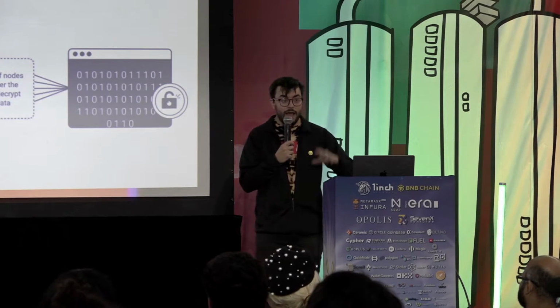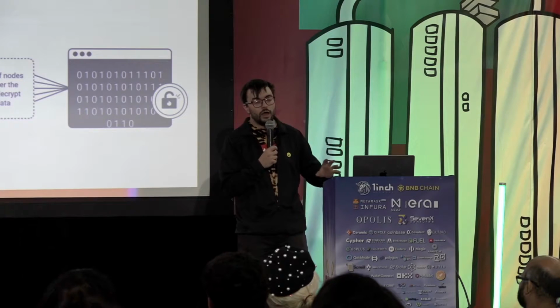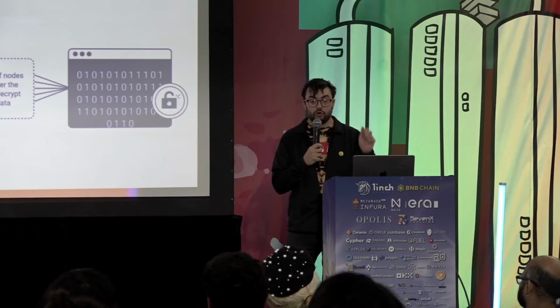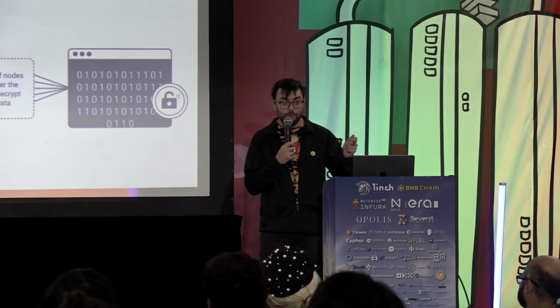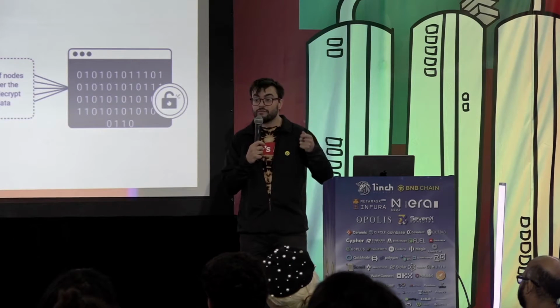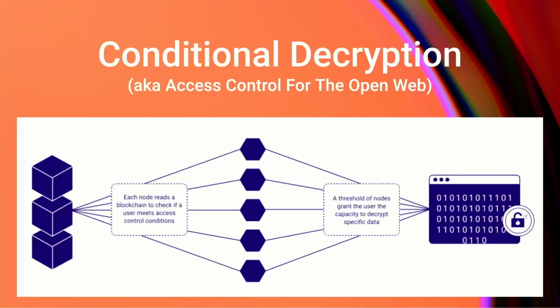Let's just say Alice is a creator, and Alice wants to encrypt some data and say, only people who hold my creator NFT can decrypt this. The process here is for Alice to encrypt that data client side and generate a symmetric key. That key is in turn encrypted to LIT, this distributed key, and associated with a set of rules. For example, you must hold my creator NFT.